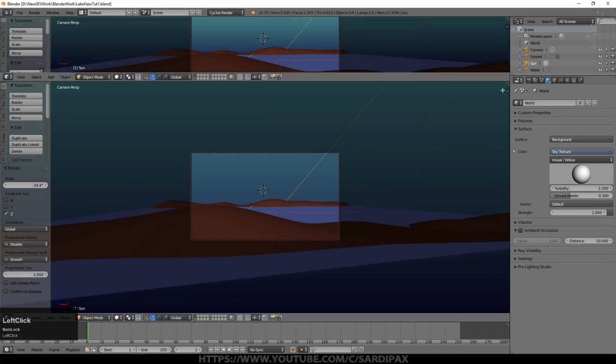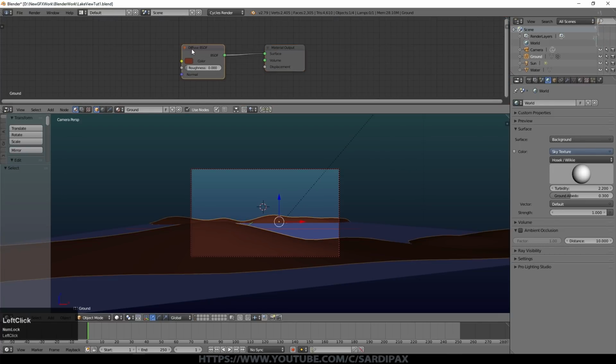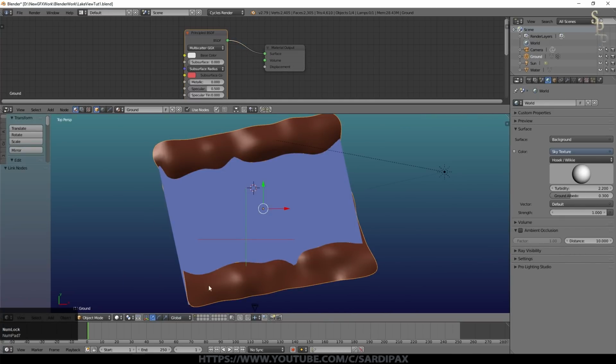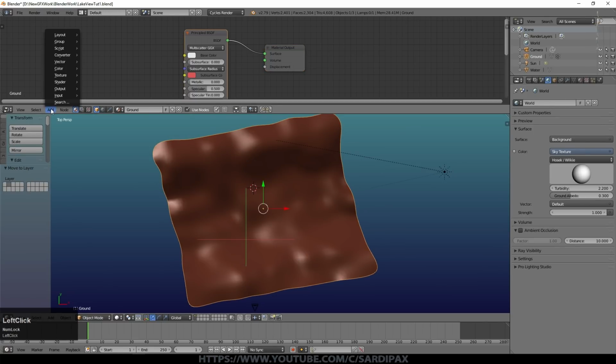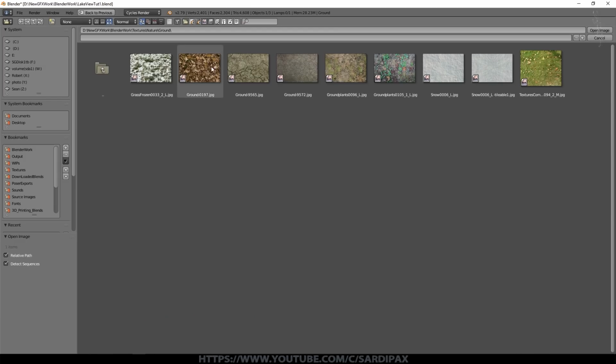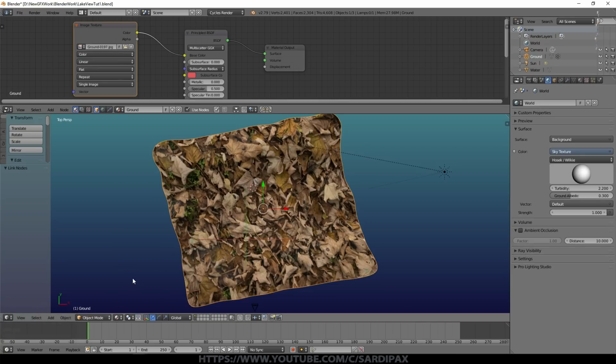So at this point, let's just put some basic texture on the ground. So that's the simple node setup we've got there. I'm going to remove the diffuse and I'm going to add a shader, which is the principled shader. I'm going to connect that into the surface. We're going to look from the top at the moment, and I'm also going to move the water to the next layer just to get it out of the way. I'm now going to add a texture, which is an image texture, and I'm going to select these leaves to start with and apply those. So we connect the colour into the base colour on the principled shader. If I just go to material, we can see what that looks like, and obviously that's much too large.